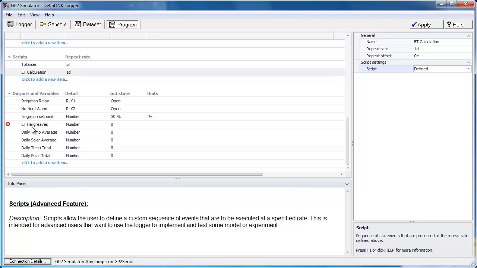And you'll see that ET Hargreaves has a validation error against it, and it's telling us the units are not defined. The reason the ET Hargreaves variable is doing that is because we're recording it. And if we ever record something, we need to define its units, its resolution, and its min-max range. So if we click on that variable,